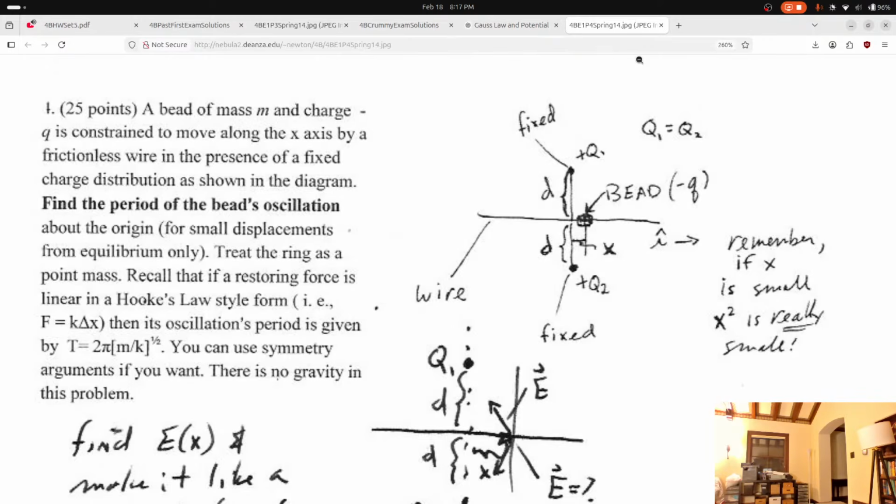So now what we want to do is find the force. So F equals QE, and the charge is minus Q. So F is equal to minus 2 k Q x over r cubed, x. Okay, but this goes. So I'm going to get equal to